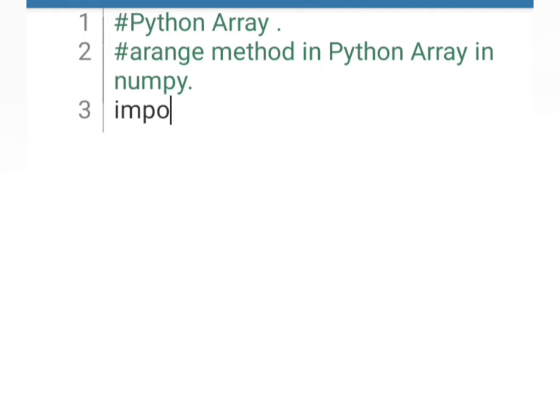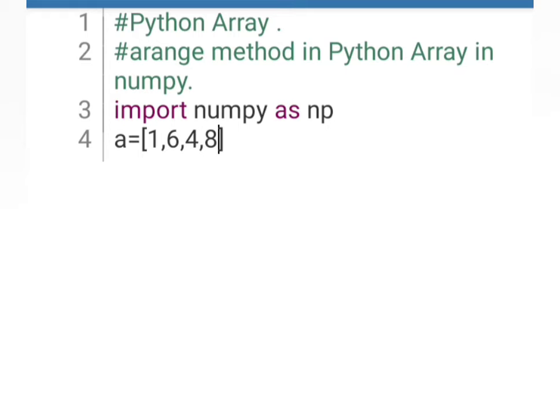We first import NumPy as np. After that we put a name for the array, then equals, then a square bracket, and now we put the array elements over there. Let's add elements like 1, 6, 4, let's say 8.